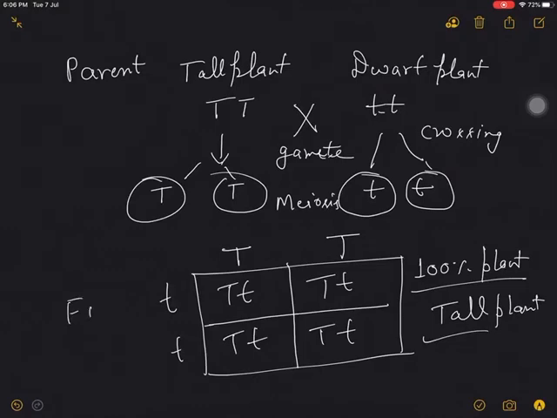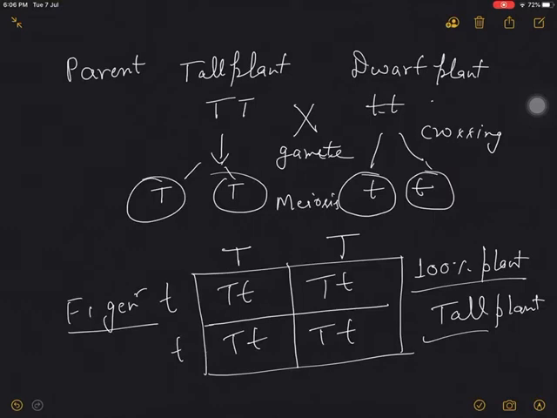Mendel also told that this is F1 generation plant and it is also known as filial generation. So Mendel also told that when the crossing takes place between the two contrast characters of the parent, in F1 generation only one parent character appears, that is known as dominant trait, and this is known as law of dominance. And the character of the second parent does not appear in the F1 generation, that is called recessive trait and known as law of recessiveness.